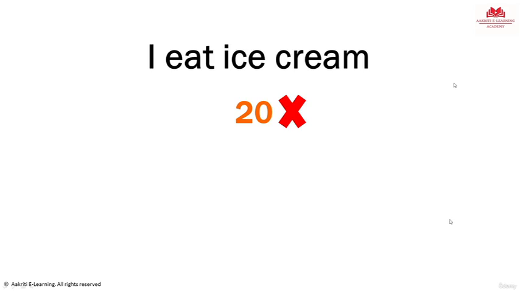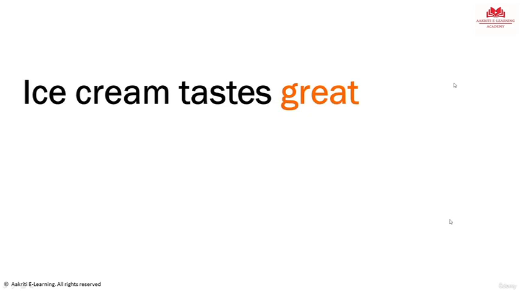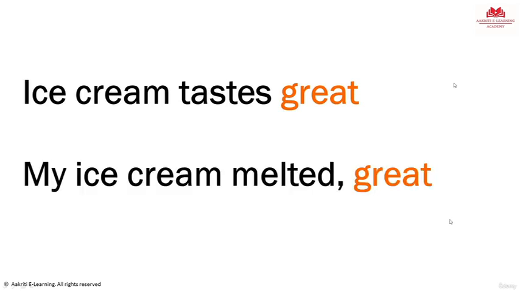Why? Because we need to store more information. Just the meaning would not help. We also need to store other things like, say, the context. Why? Because think about it. Somebody says ice cream tastes great, and then somebody else says my ice cream melted. Great. These are two different things. Even though they have the same word great, the same embedding would not work because you have different context in both the sentences. The top one is a figure of happiness, but the bottom one is sarcasm. So the embeddings need to convey not just the meaning of a sentence or word, but also the context, the relationship, all of these things.